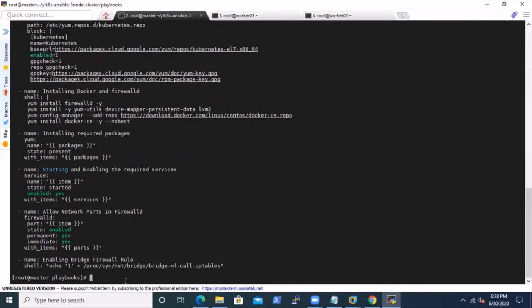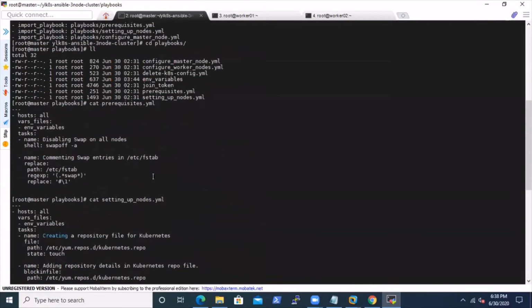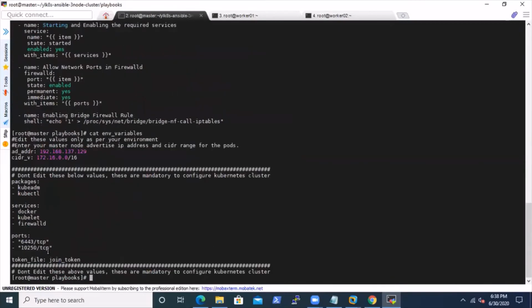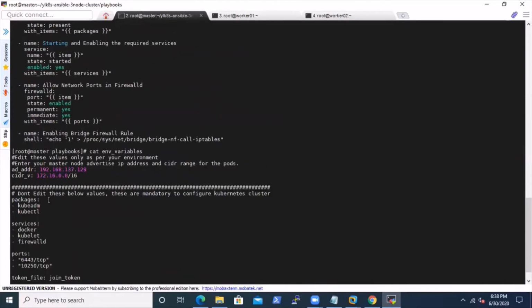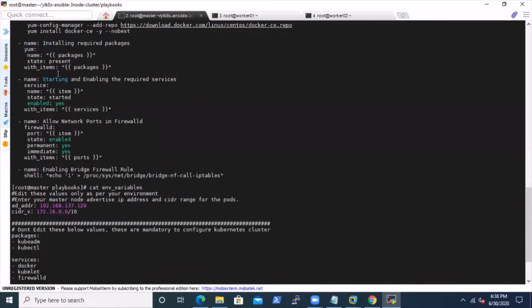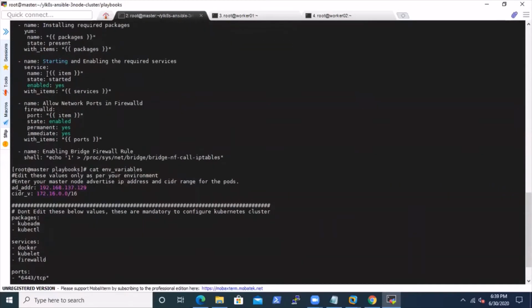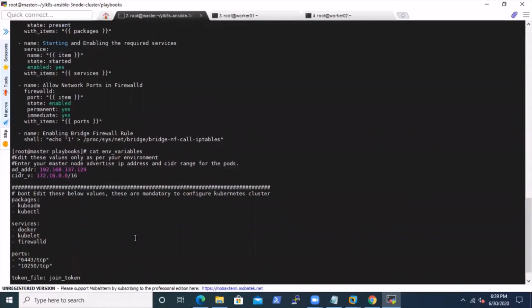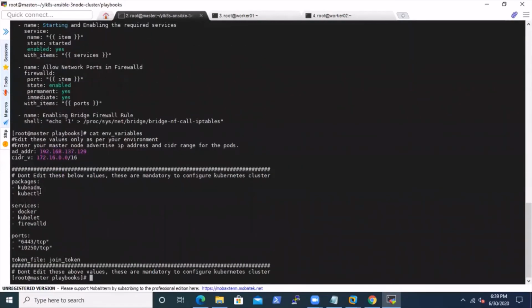Go to the env variables file, in which it is mentioned. See here under packages, kubeadm and kubectl are there, so those will be downloaded and installed. The next are the services: Docker, kubelet and firewalld. Those services will start, and then the ports will be enabled. The third section says about that.